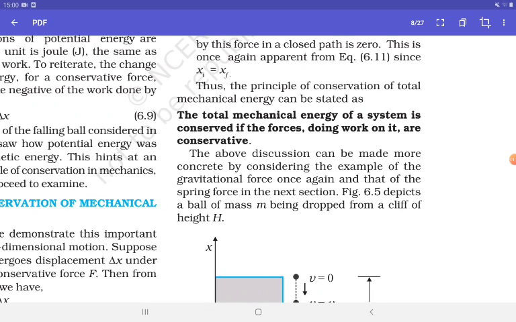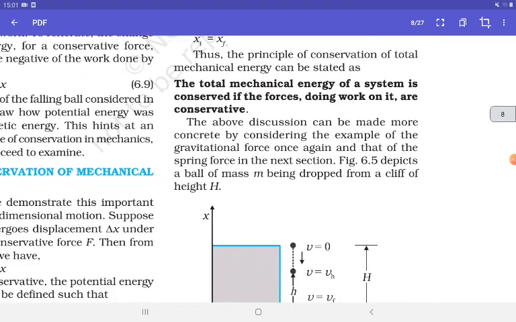मतलब जो फोर्स उसके ऊपर वर्क कर रहा है अगर वो कंजर्वेटिव है तो ही मैकेनिकल एनर्जी कंजर्वेटिव होगा. The above discussion can be made more concrete by considering the example of the gravitational force once again and